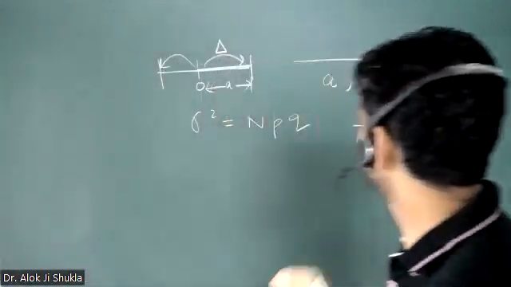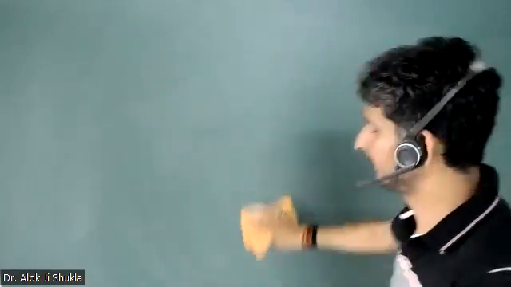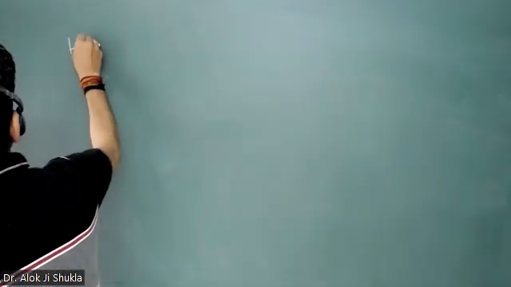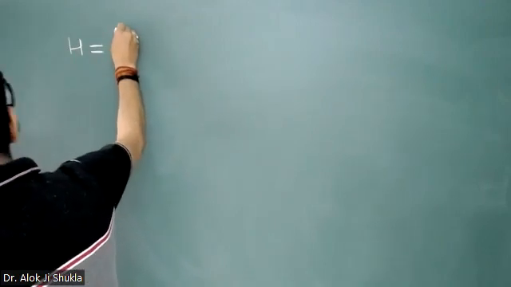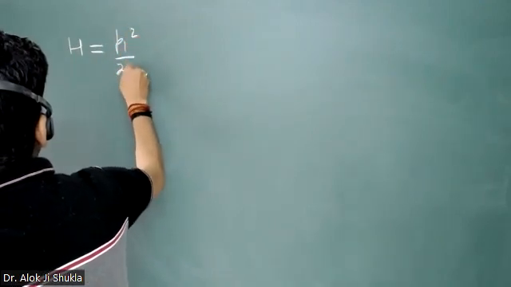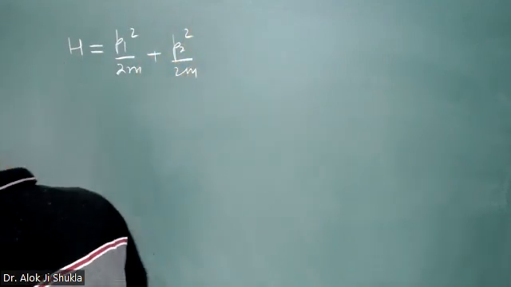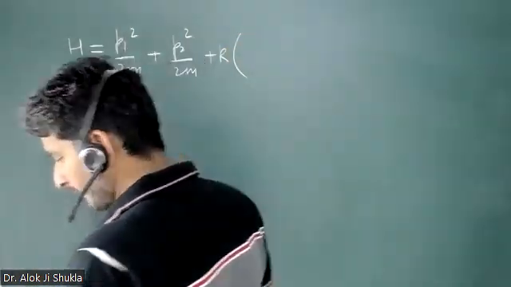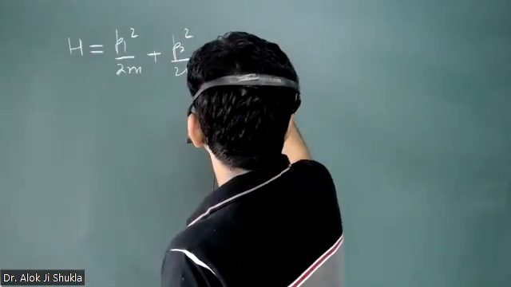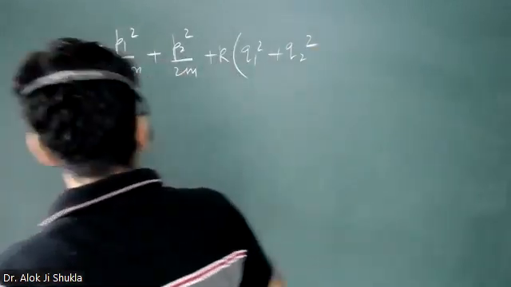चलो ये नेक्स्ट क्वेश्चन देखो जरा. एक हैमिल्टोनियन गिवन है which is very interesting Hamiltonian. It is equal to P1 square by 2m plus P2 square by 2m plus k times Q1 square plus Q2 square plus 1 by 4